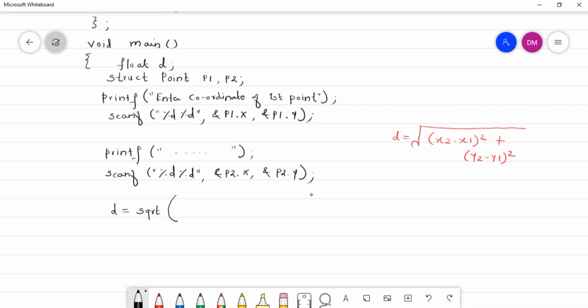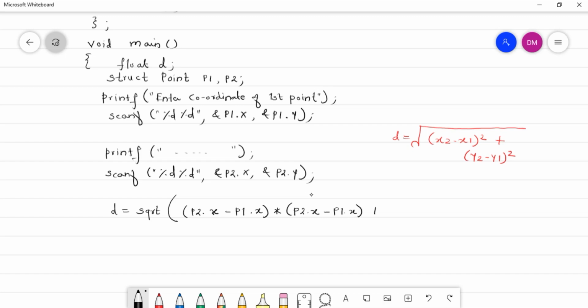Okay, so here what will I say? p2 dot x minus p1 dot x. Then we have to take a square of this. So let us write this term twice, into p2 dot x minus p1 dot x, which is nothing but a square.